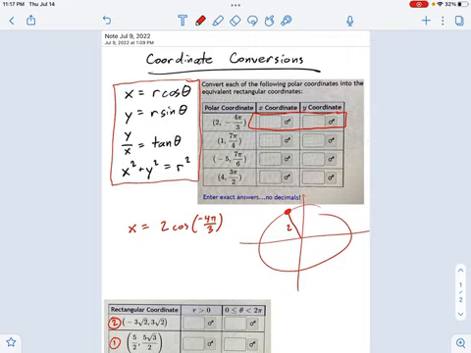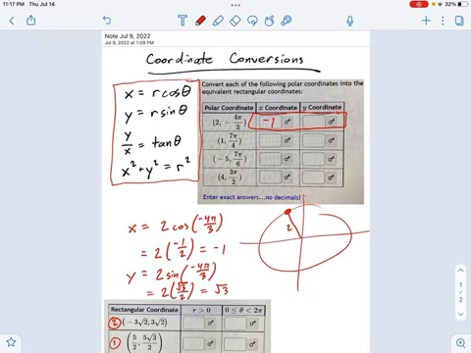So what's this going to be equal to? Well, this is 2 times the cosine, which at that point is negative 1/2, because it's to the left. So this becomes negative 1. So there we go, negative 1. And the y coordinate at that place is just 2 times the sine of that angle, negative 4 pi over 3. So I'm looking at that dot again, and I say, oh, that's the tall one. It's not negative 1/2. It's going up by radical 3 over 2. So the 2's cancel out, and you just get radical 3.